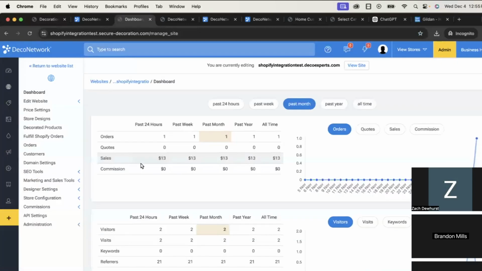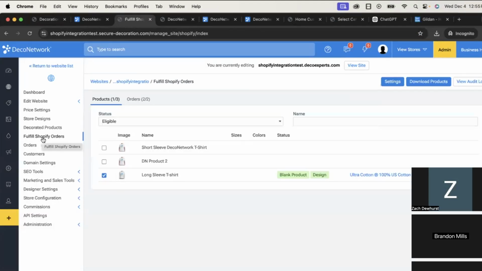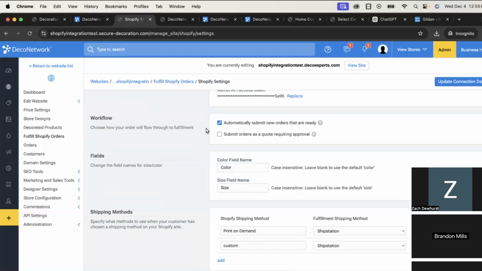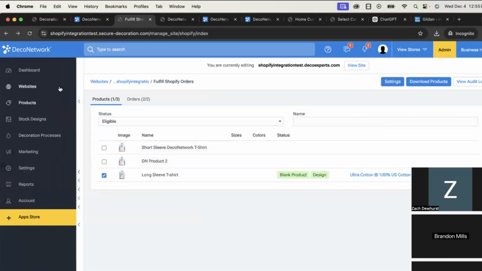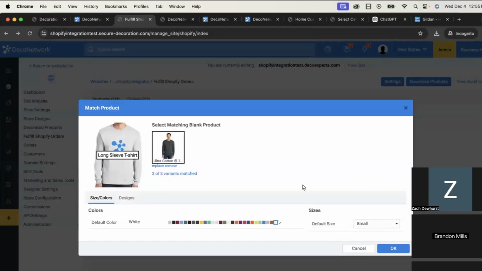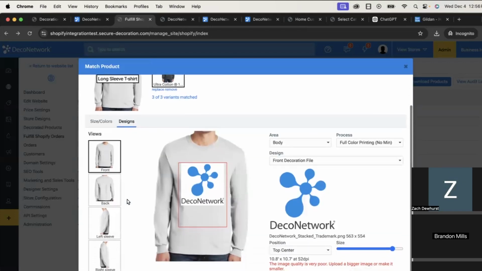Shopify integration, guys. Within a fulfillment website, you will see this Fulfill Shopify Orders. Within Fulfill Shopify Orders, we essentially map a Shopify site, a store, to this affiliate site. Again, wait for better documentation from me, but you map it. You create the product in ShipStation, upload the artwork in ShipStation, and map it to the blank product in Deco. After I created the products in ShipStation, they then populate into Deco. From there, I can finish the configuration by saying, okay, this product that's in Shopify is really this product in Deco. It allows everything to flow exactly the way you'd want it to, because when it comes time for production,